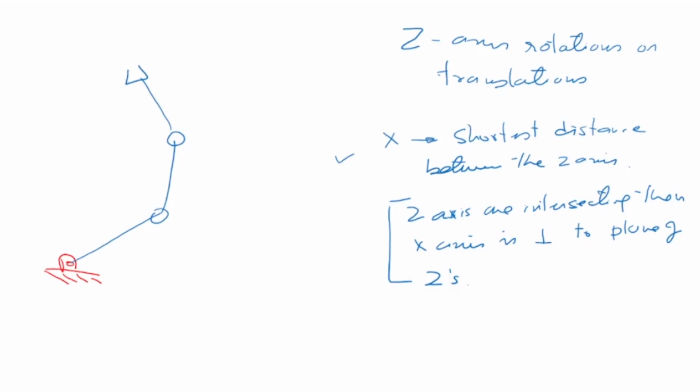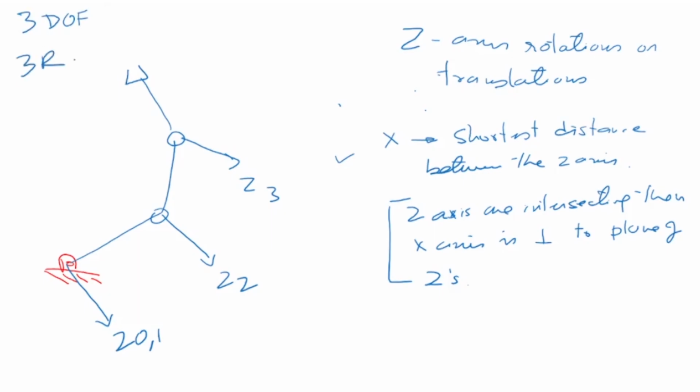So in the robot on our left, I will assign the Z axis again. I have already revised it once or twice in the last class, but I'll go through this quickly again to refresh your memory before we move on to the Puma robot. Here, the Z axis is the axis of rotation, so it is Z0, Z1, then Z2 is here, Z3 is here. This is a 3 degree of freedom 3R manipulator. This is my X0, X1, X2 and X3.